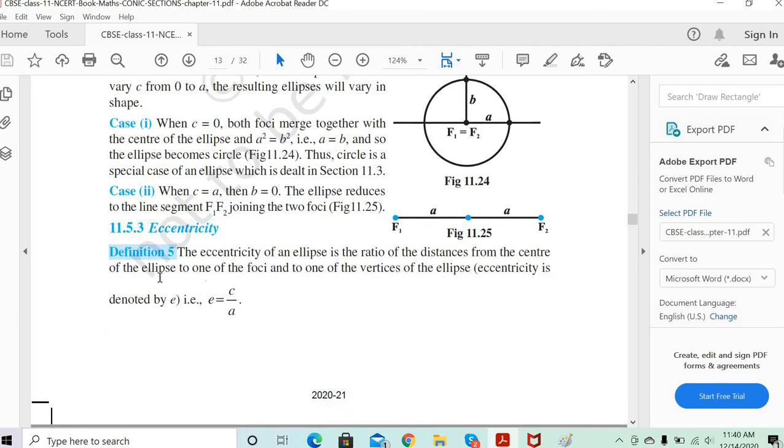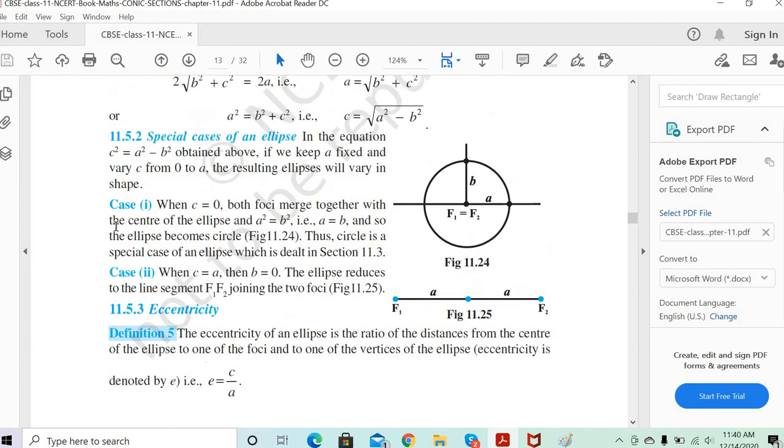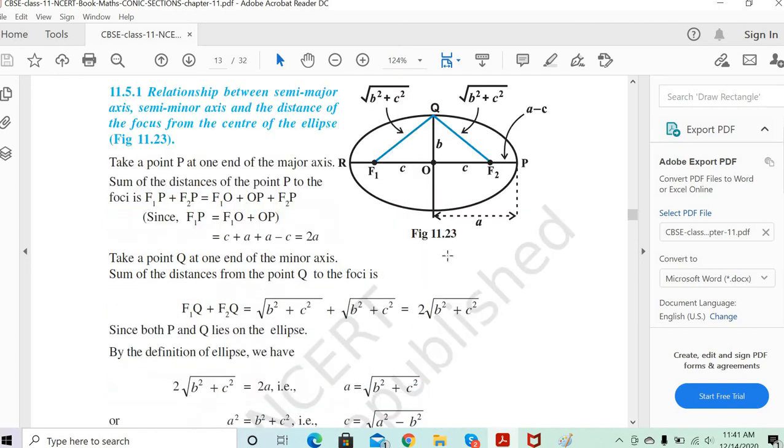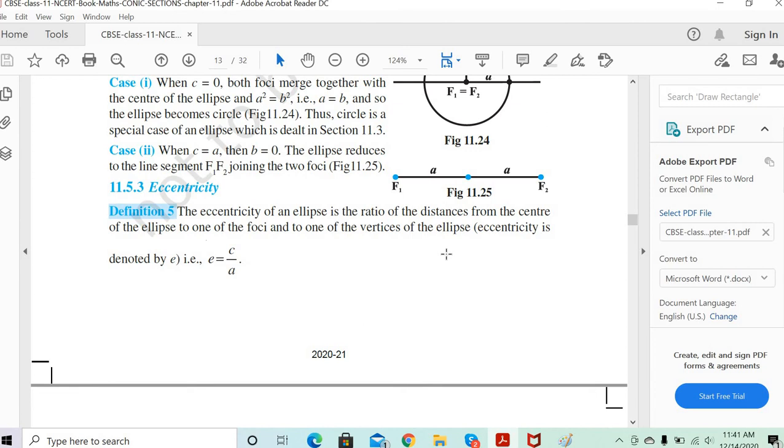Excellent. Now we'll go to the eccentricity. Is this part clear? Special case is clear to you? Similarly, if a part is also equal to 0, then also it will become the line segment only. When you make a 0, then only b will be there. So again, it will be a line segment on the y-axis, isn't it? When you make c 0, then it will become b only. So again, it will be a vertical line segment or horizontal line segment based on the a value of 0 or the b value 0. Clear?